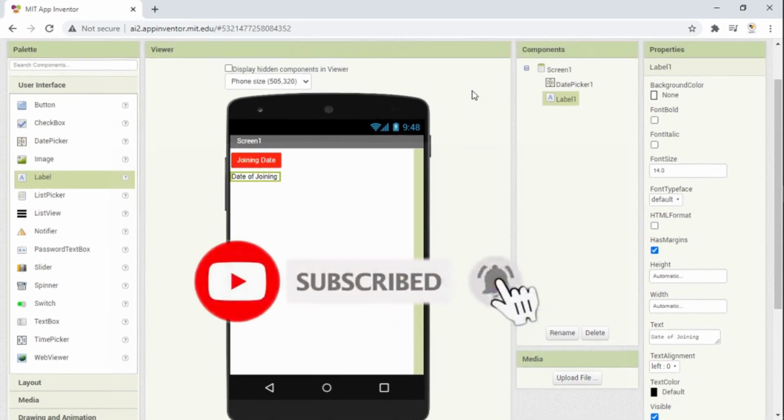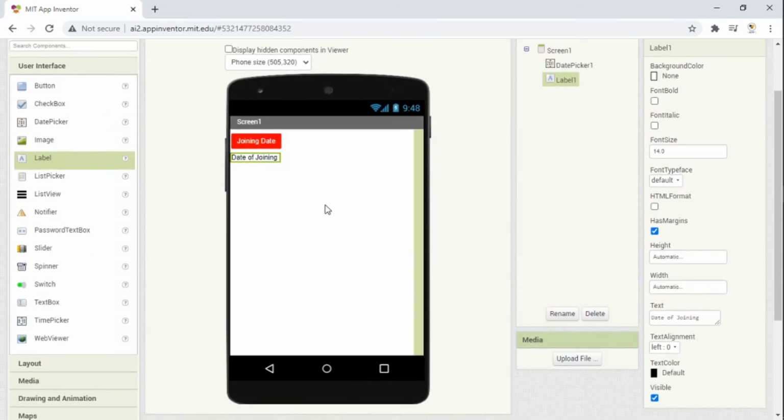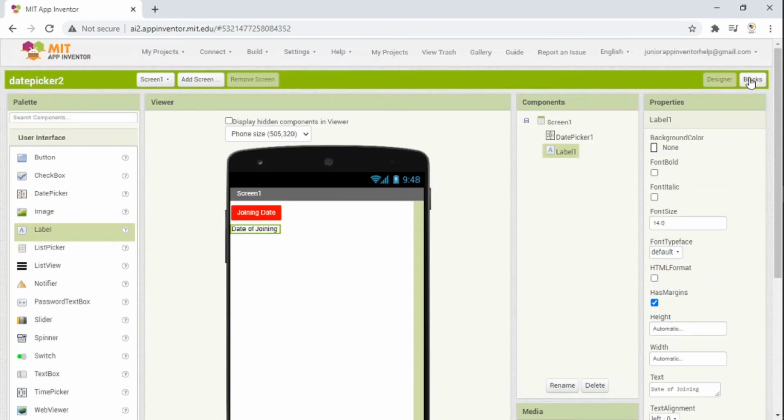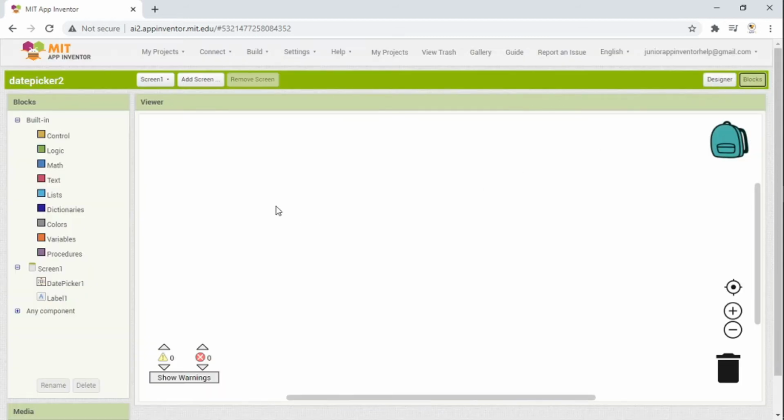Let's get started with our blocks. Now we work with blocks.